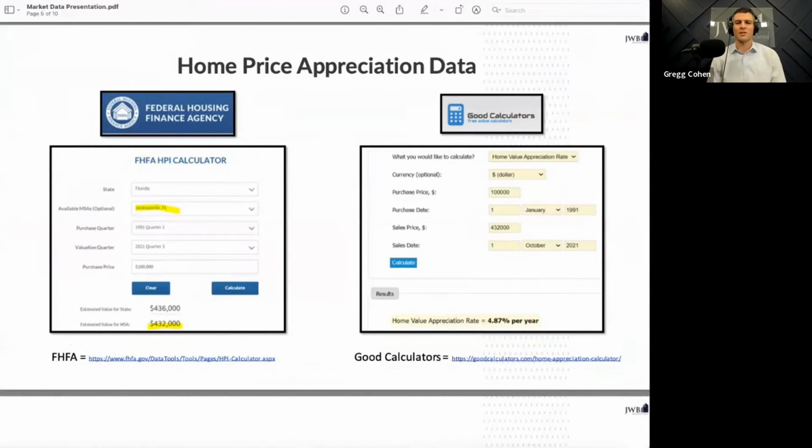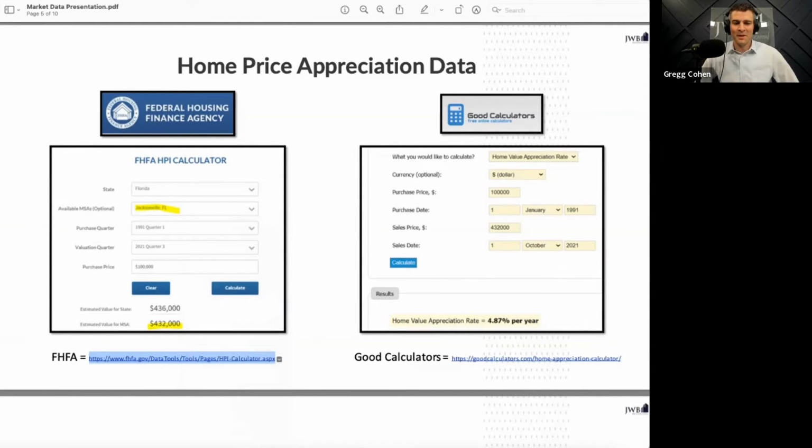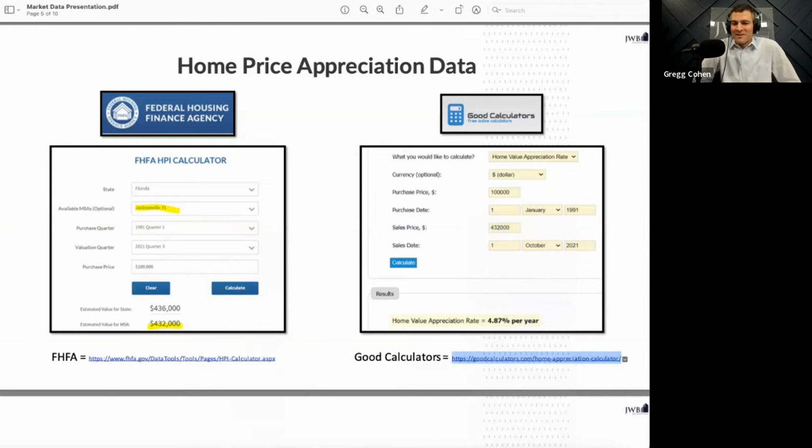The next data point is home price appreciation data. How are you figuring that one out? Yeah, and I love being able to share this in a simple way for everybody to be able to learn from. I get this question all the time, and frankly, I wish everybody knew how to run their own home price appreciation data, because it is often overlooked and people invest in a different market thinking that they're going to get the best overall return on investment. It just doesn't happen. And they could have known this ahead of time.